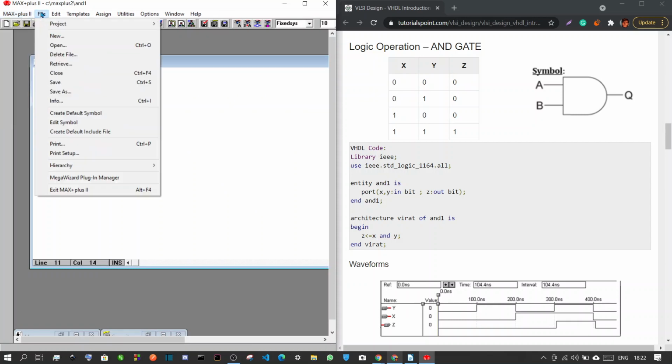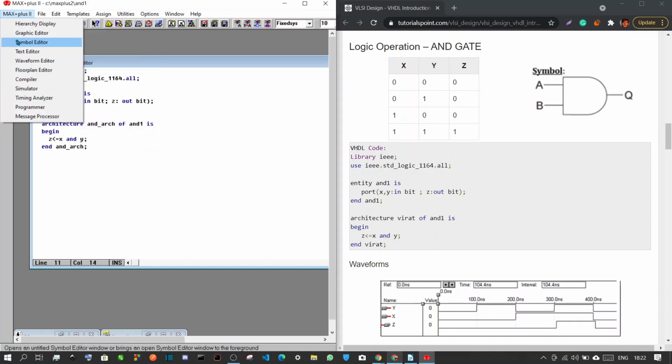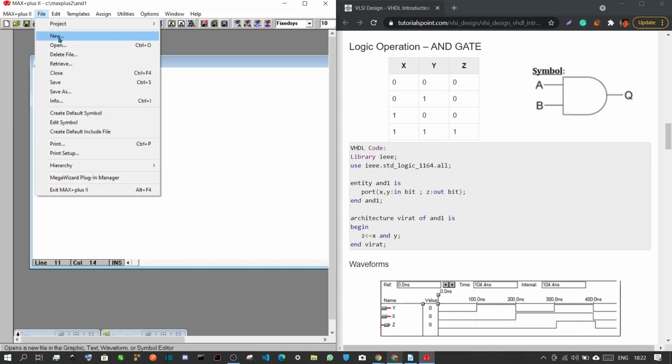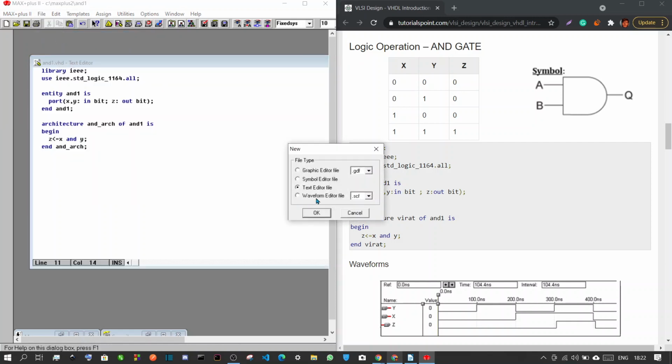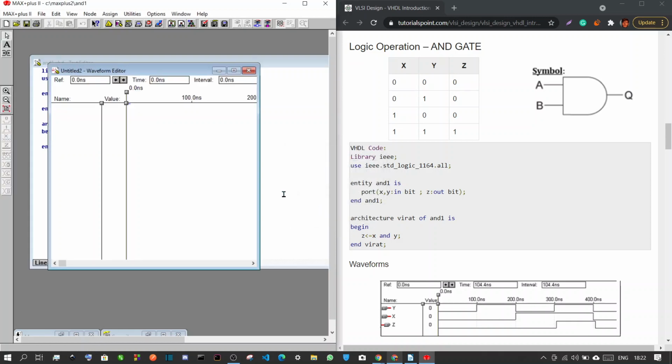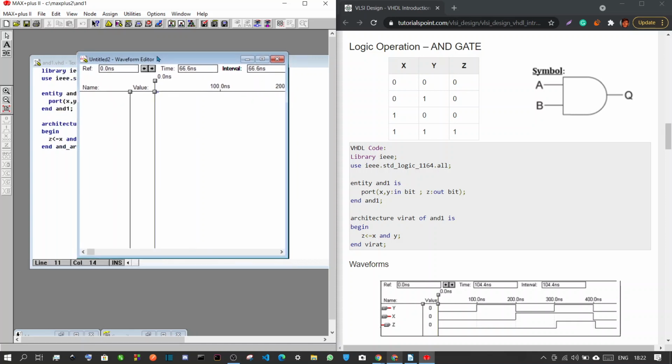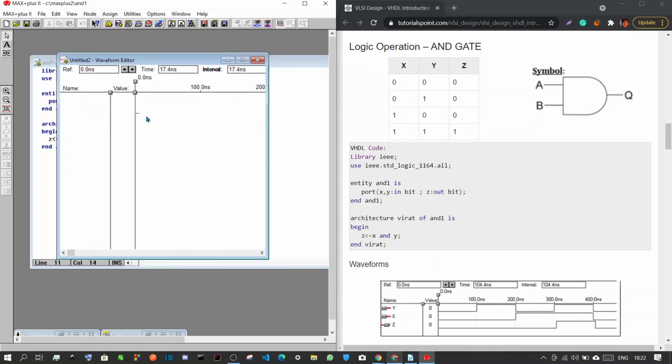And then create a new file. We have to select waveform editor file, click on OK, and then right click anywhere in this part and click on Enter Nodes from SNF.